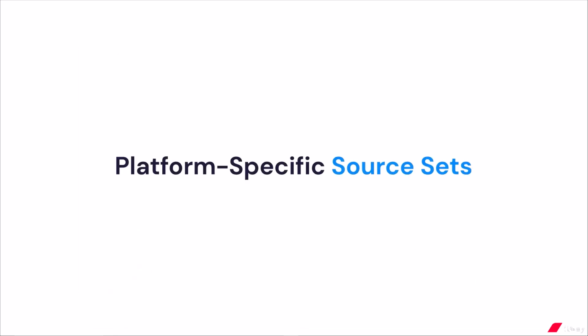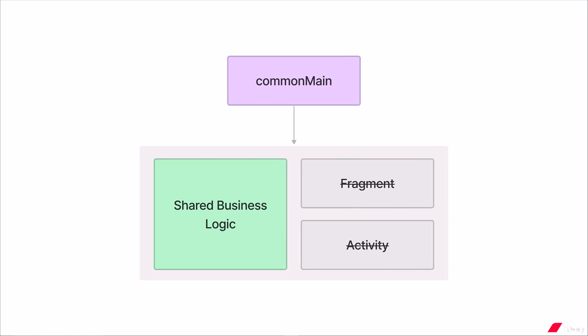Now, let's talk a little bit about platform-specific source sets. Other than a common main source set, there can be either platform-specific or intermediate source sets as well. While having only common code is convenient, it's not always possible. Code in the common main compiles to all declared targets, and Kotlin doesn't allow you to use any platform-specific APIs in there. For example, you cannot use fragments and activities in the common main source set because those APIs are